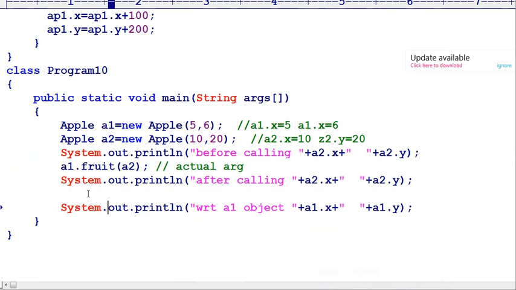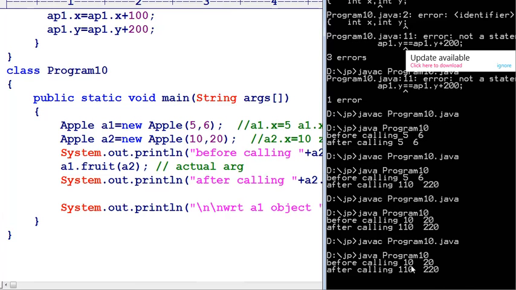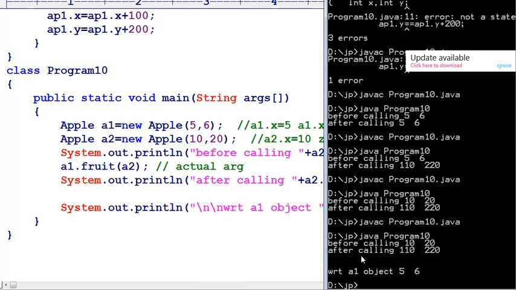Simple thing. Now I am saving the program once again and compiling. Program10.java is compiled and here is the result. Now observe, with respect to A1, the values are not changing.